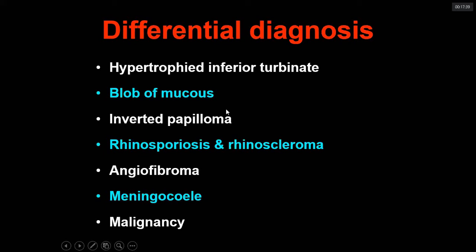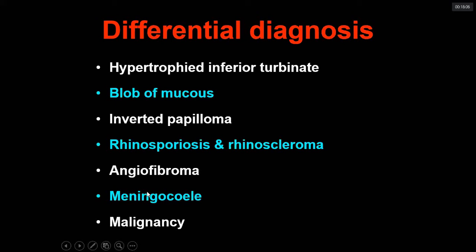And most always we can diagnose it by histopathology alone. Similarly, rhinosporidiosis and rhinoscleroma, these conditions and the papilloma are quite similar, and the diagnosis is by histopathology. So angiofibroma is again in adolescence, and there is a history of bleeding, but an AC polyp won't bleed, and you do not do any probing or biopsy in angiofibroma.